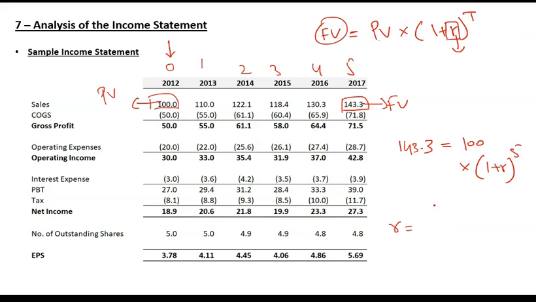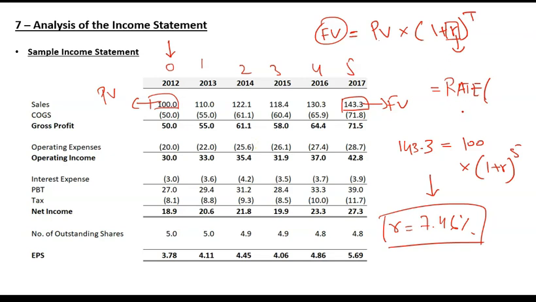7.46%. So are you all able to calculate it easily? Key point: when you apply it on your companies, you will have to do it using Excel. And in Excel, it is advisable that you do not use this formula, but use Excel's formula, that is equals to rate. We will do it once we get done with it. But the formula that you can use to calculate CAGR in Excel is equals to rate. So this is the 5-year CAGR, that is 7.46%.